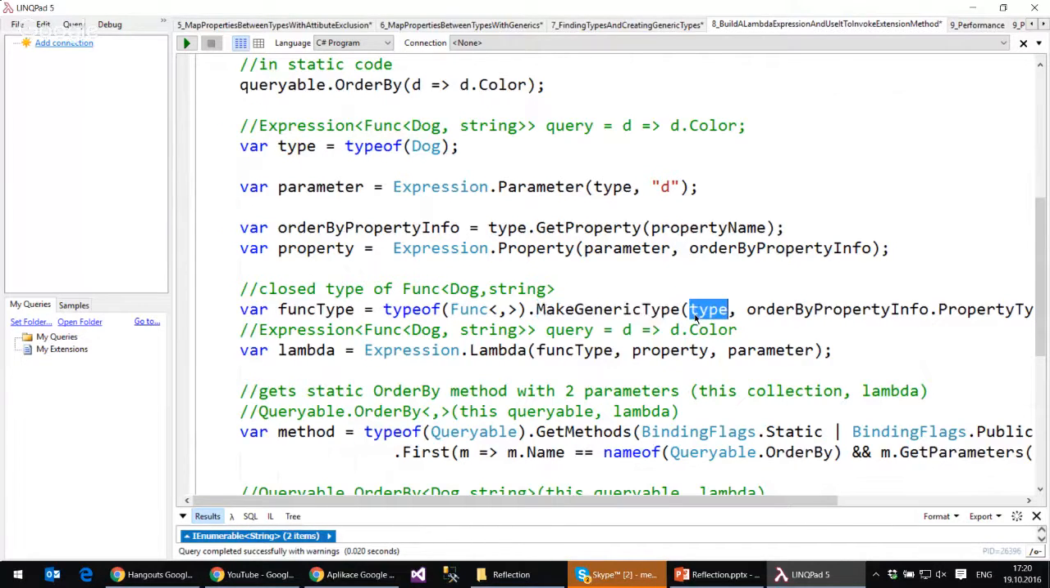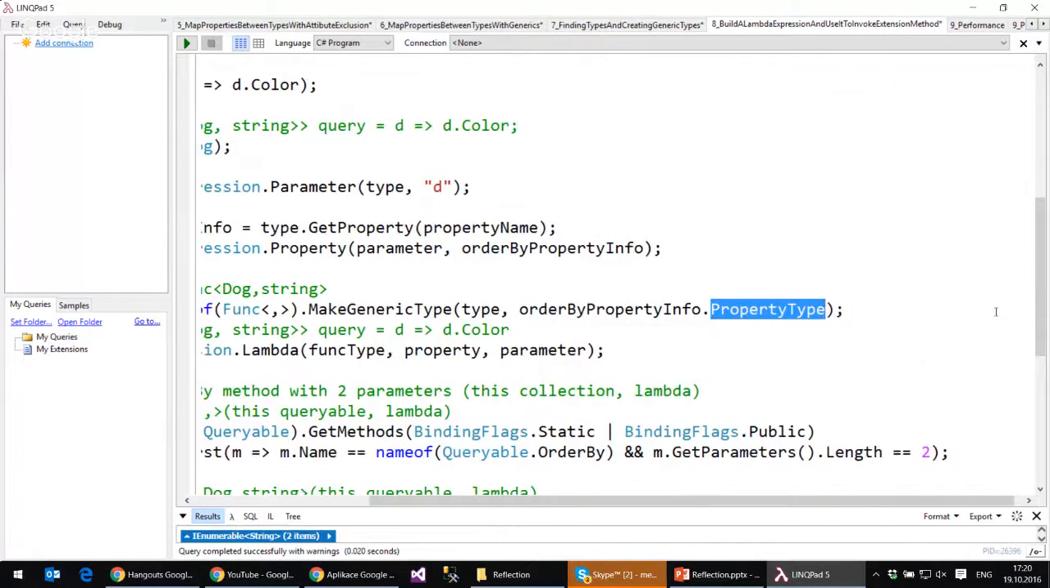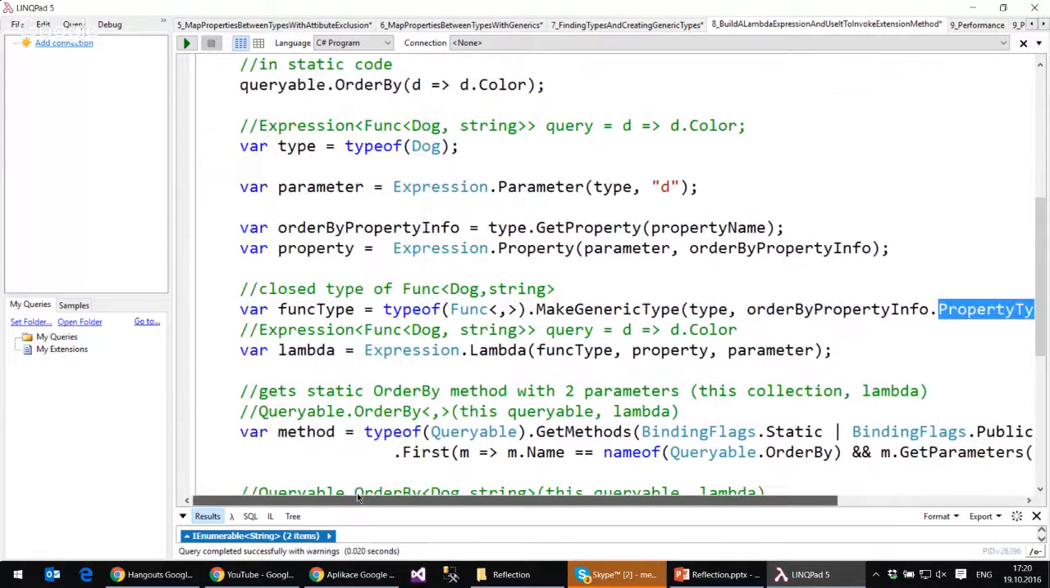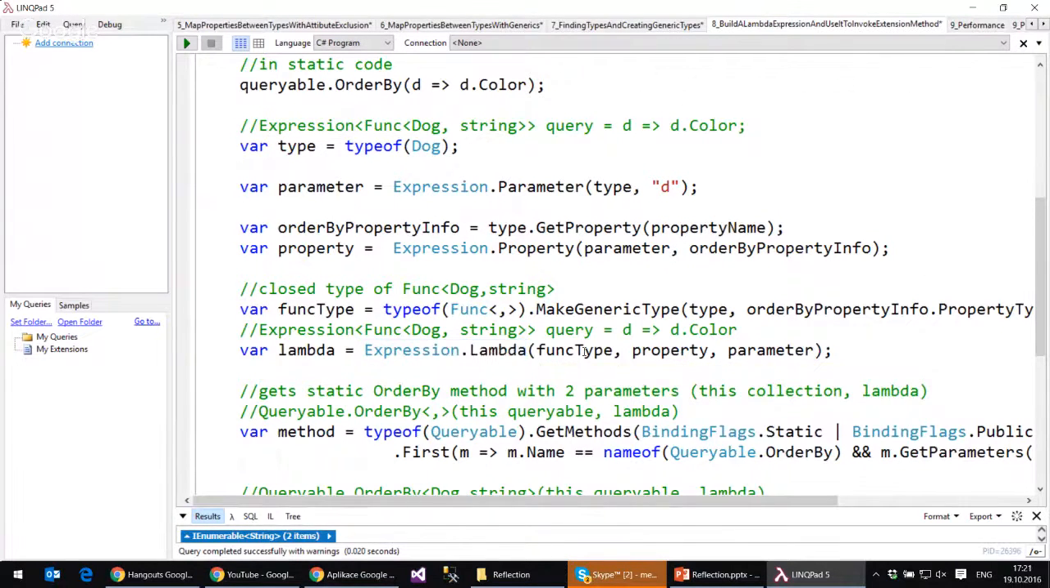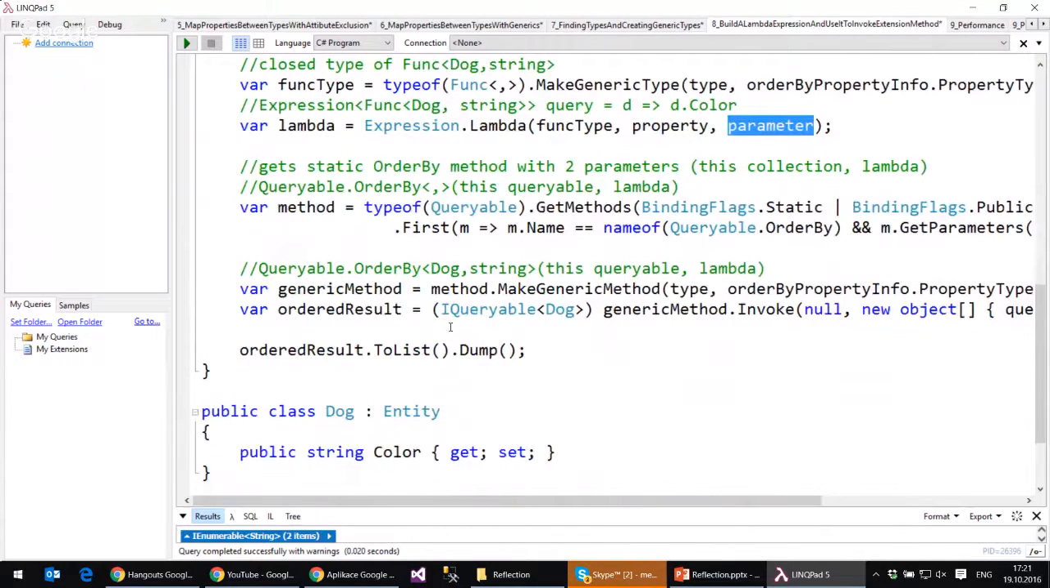So that's exactly what we need to provide: the type of the Dog that we are creating and the type of the property, in this case, string. So it will look at the color, take its type, which is string, and will create a Func of Dog and string. That's funky. And then we just use Expression.Lambda, give it the type that we want to use. We give it the property that we want to insert and the parameter that we want to use. Pretty simple. So we have the lambda, but now we need to invoke it and put it inside of the